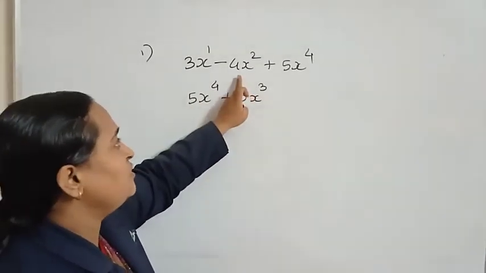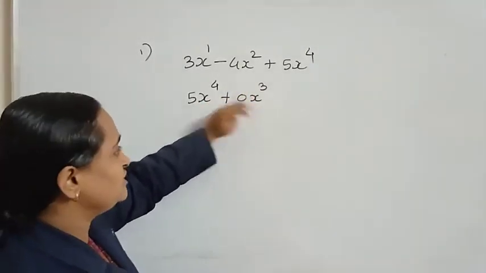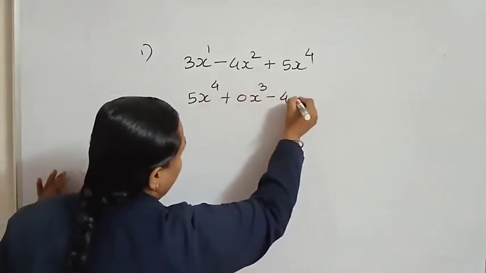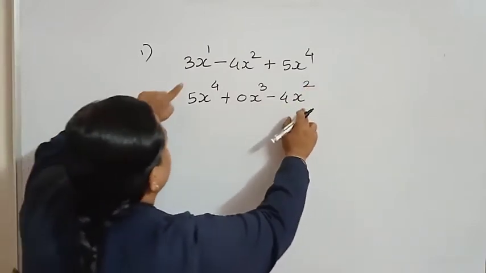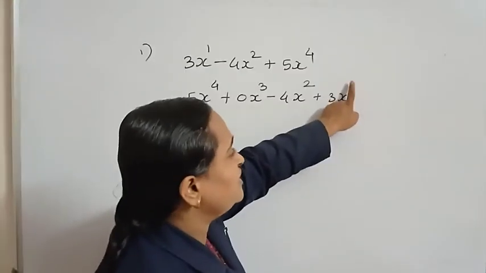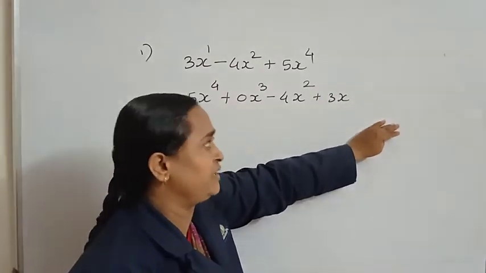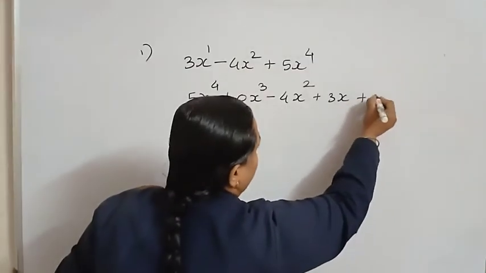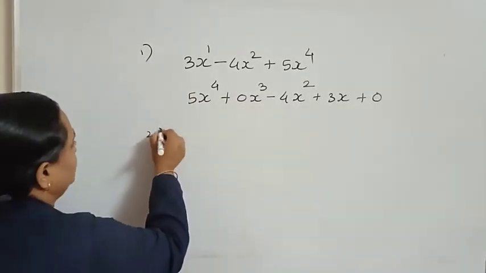This is the difference between standard form and index form. In standard form we don't write missing terms, but in index form we are writing missing terms there. Then after cube, square term will come, square term is here, then same term we will copy, minus 4x square. Don't forget sign, with sign you have to take. After that plus 3x and then constant number will come. Now see here power is 1. After that power should be 0, means constant term we have to write. Now in this example constant term is not given, so we will write here plus 0. This is index form.